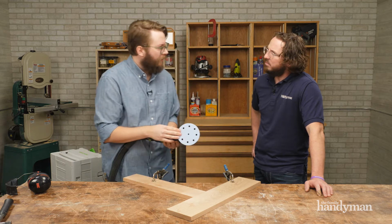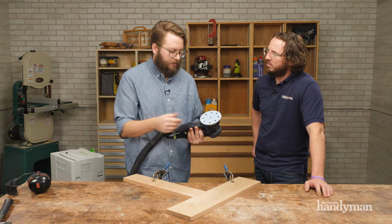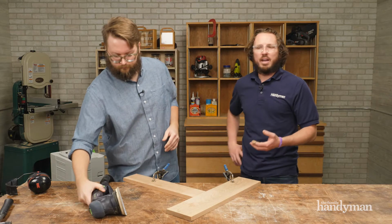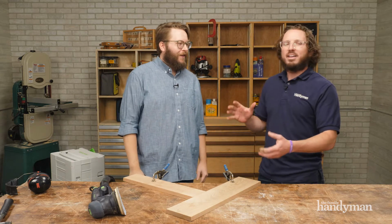The Festool sandpaper also tends to last for a long time. The whole pattern is unique to Festool, so you have to use their sandpaper, but still, it's a great premium product. I love the Festool stuff, but the problem is Andrew has a small arsenal that's sort of,